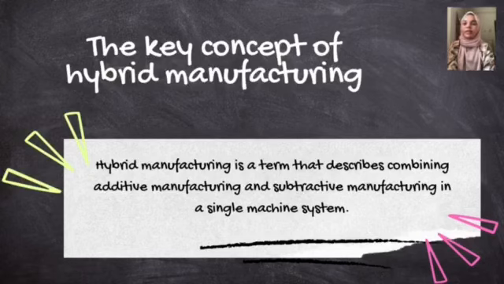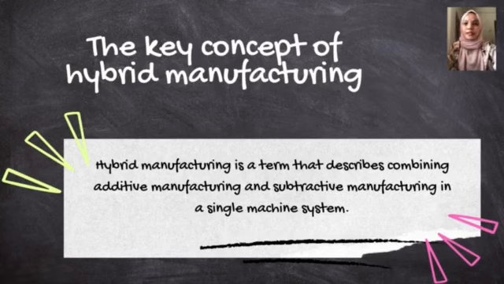First of all, I will present about the concept of hybrid manufacturing. Okay, what is hybrid manufacturing? Hybrid manufacturing is a term that describes combining additive manufacturing and subtractive manufacturing in a single machine system. For example, additive manufacturing in the form of laser cladding could be used to build up a metal form